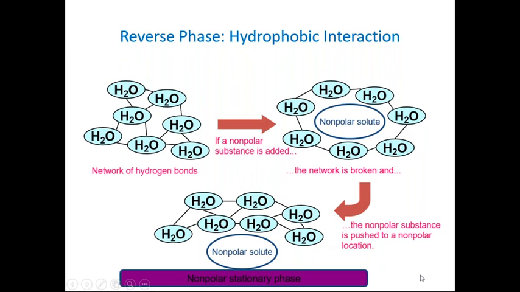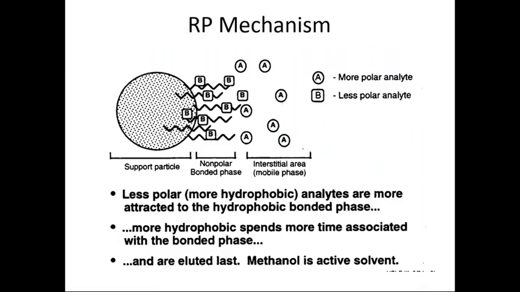So this once again shows you the reverse phase mechanism, where A is the more polar analyte, it will not be attracted to the stationary phase, and B is the less polar, or non-polar, analyte, and it will be attracted, or it will stick to the stationary phase, and it will elute later